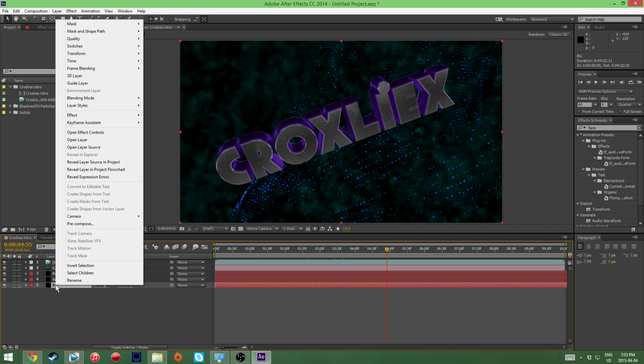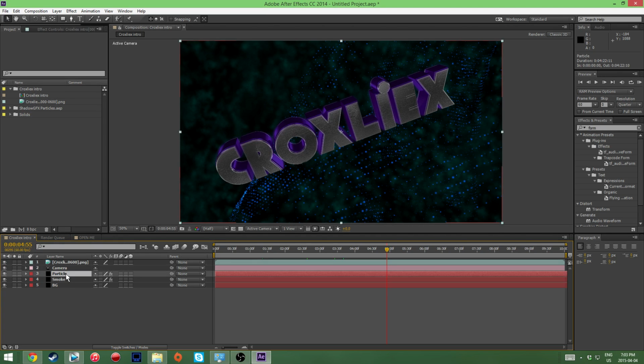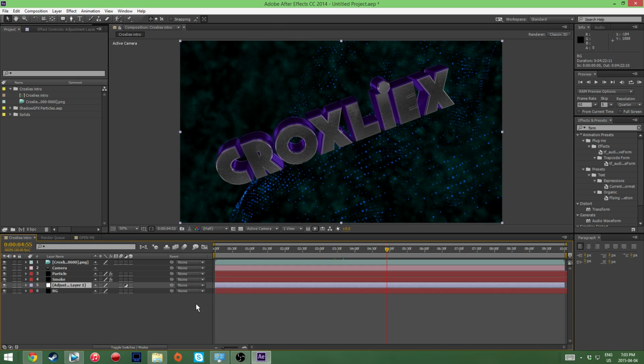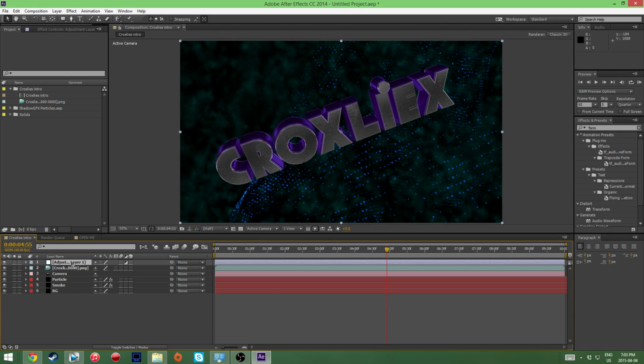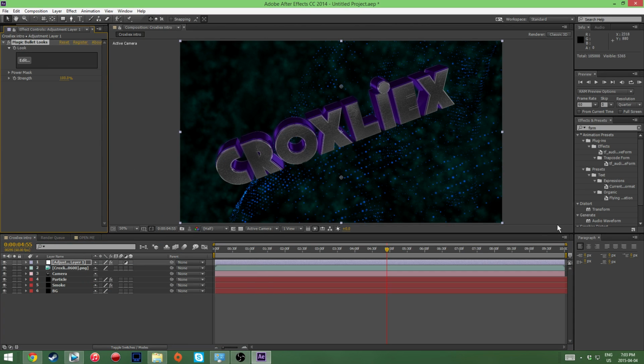Now the background is just a black solid. That's all it is. So now that you have your camera, this, or this, now you want to put in some color correction, because look at that, that looks pretty lame. I know. So you want to create a new adjustment layer, drag that over top of everything, right click, Effect, and you're going to want another plugin by Red Giant called Magic Bullet Looks. Now that you have Magic Bullet Looks, you want to hit Edit,